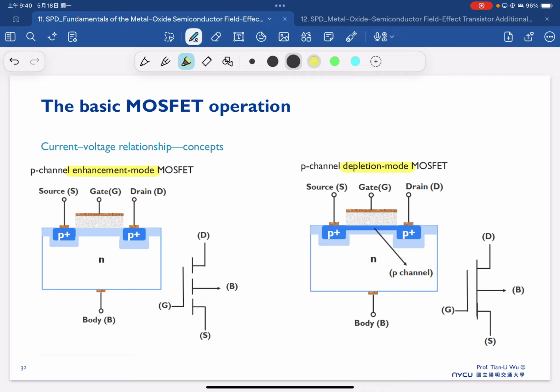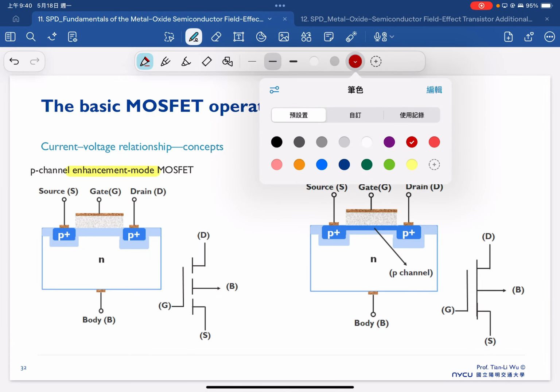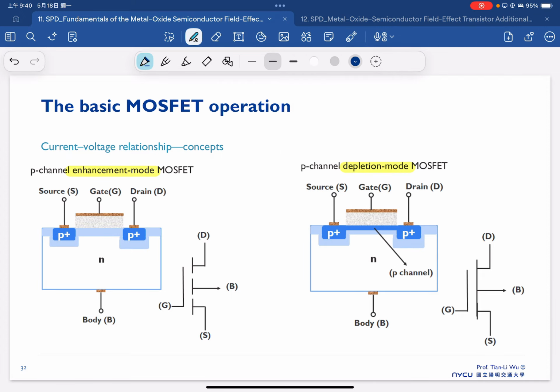In the case of the P channel enhancement mode, you need to think about a little bit opposite operation compared to the N channel device, because in the P channel device, normally what we need to do is apply the negative gate bias